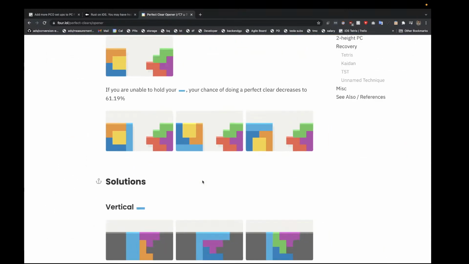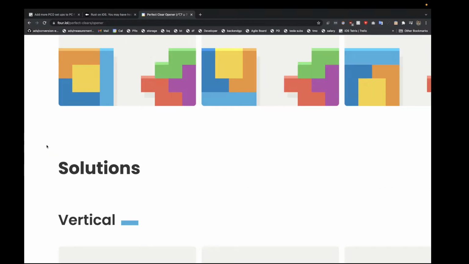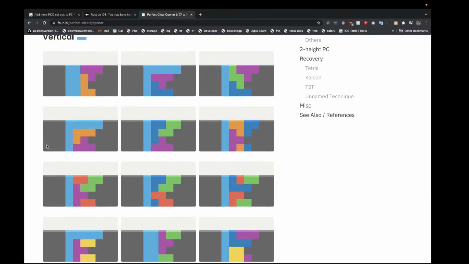But there are situations where, let's say, your eyepiece comes last, which you can hold, and you are able to increase your likelihood of getting a perfect clear if you're able to hold the eye. So